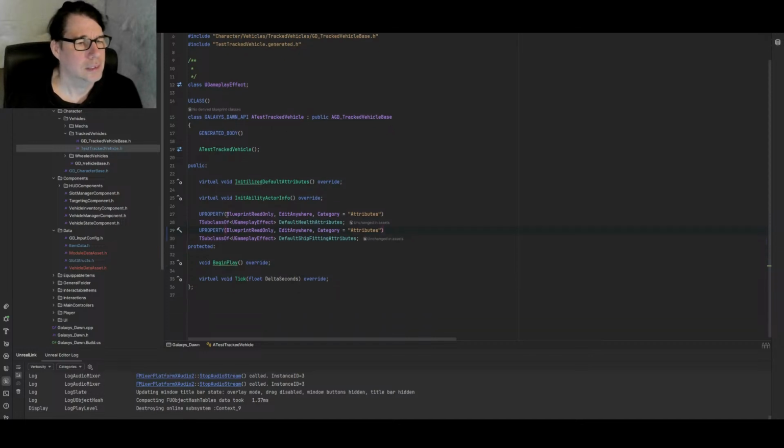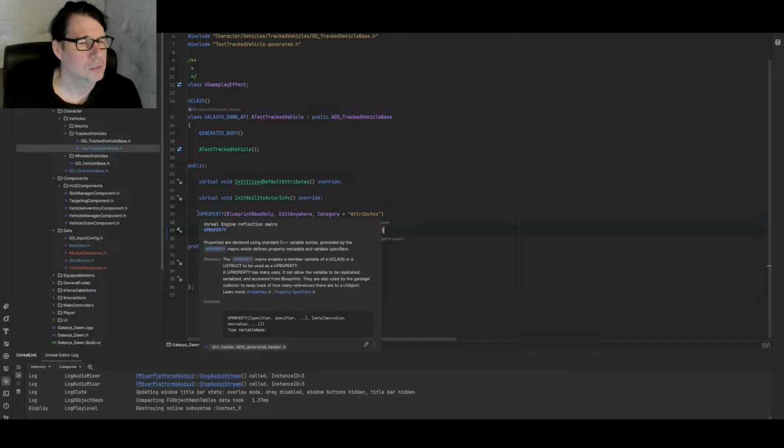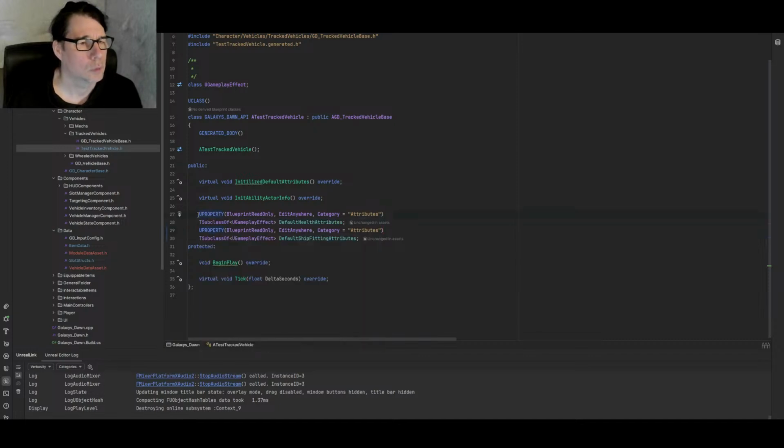So right now, we got two properties that we need to get in, because these ships will always have these properties. And I got default health attributes, which is my health attributes, and actual storage is in there. And then I'm gonna have some fitting attributes that will take care of